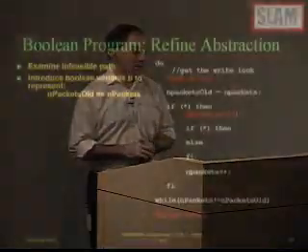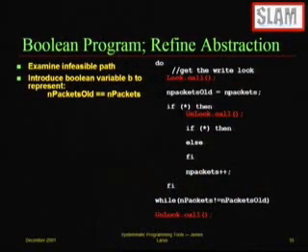So we've now found a path through this Boolean program that looks like it's an error, but now we're going to ask ourselves the question, is this path actually feasible in the original program? And at that point, we're going to throw some fairly high-powered reasoning at it. We're not going to just do a simple state-based exploration. We're actually going to look at the predicates along the original path and ask ourselves the question, is this actually feasible? And it turns out that this path is not feasible in the original program,